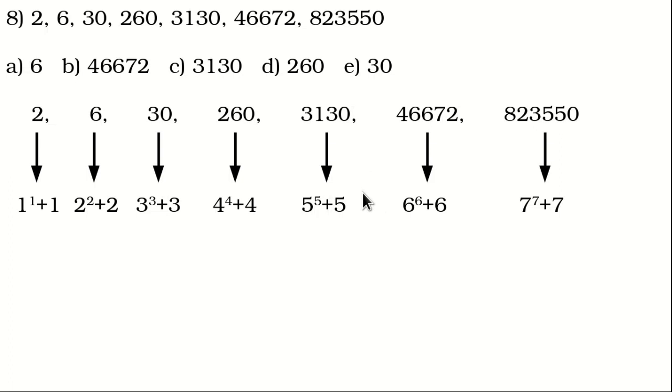So till here, as we know the values, there is no wrong number among these 5. So our answer should be either this or this. Now, as this is not given in your options, your answer will be 46672. And the actual value of 6 to the power of 6 plus 6 is 46662. So here, your answer will be option B. Now let us look at the ninth one.